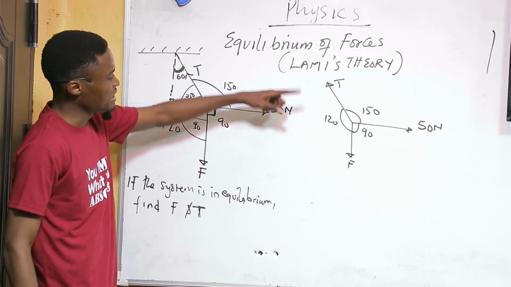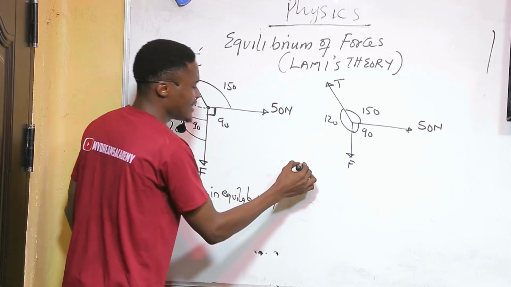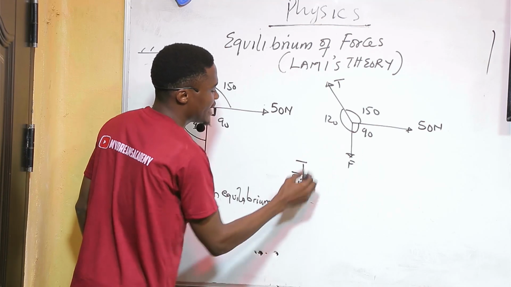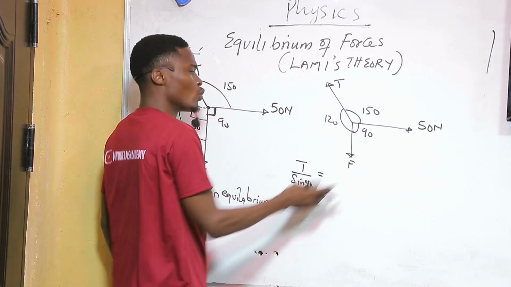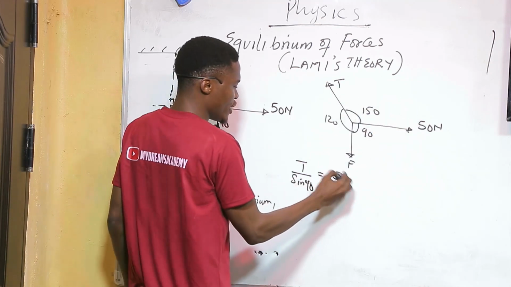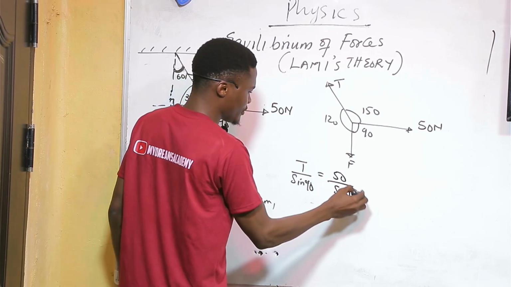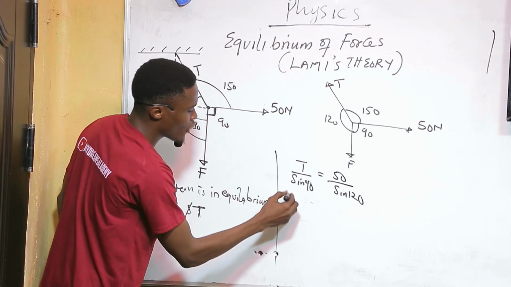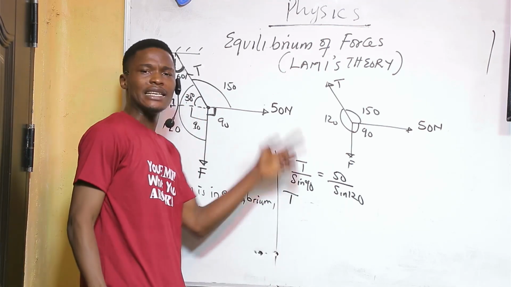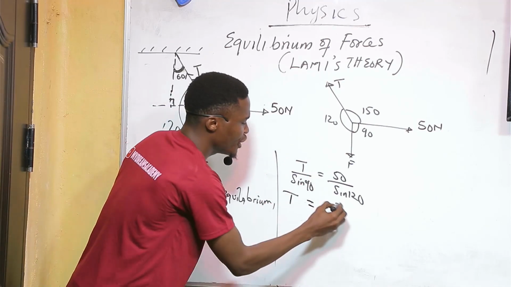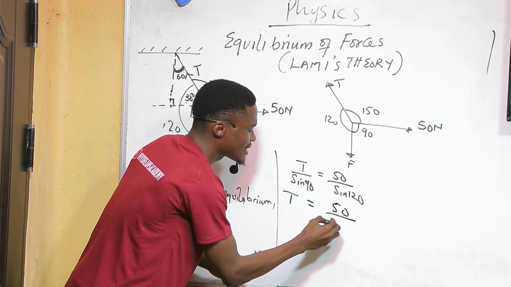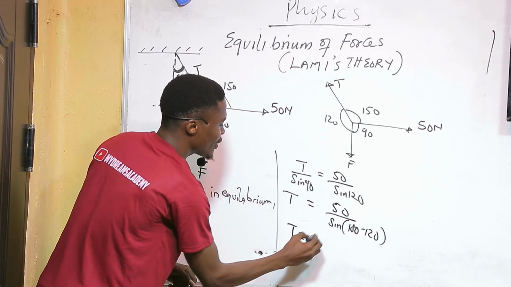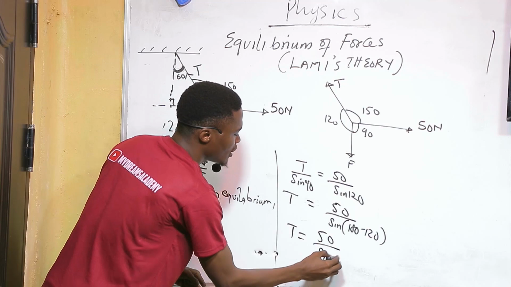So let's start by getting anyone you want. Let's start by getting T. So I can say T over sine 90 is equal to, which one do we know? We know 50. So 50 over sine 120. So how do we go about that? Of course, this is T because sine 90 is 1. Equal to, remember we need to convert here. So we have sine of 180 minus 120. So T is equal to 50 over sine